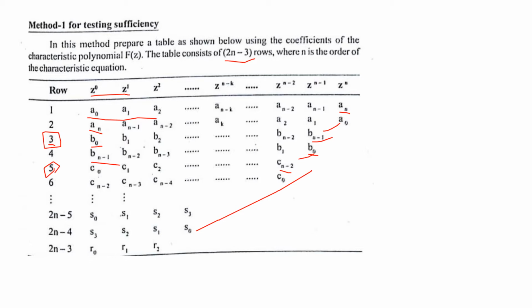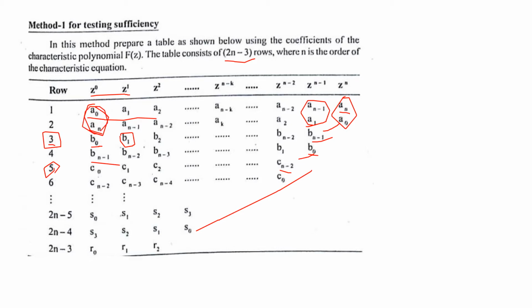Okay, so how to find out this B naught is, you have to find the determinant of A naught An and An A naught. Okay, so determinant of these two gives you B naught. Clear? So B naught is nothing but the determinant of A naught An and An A naught. Clear? Next, how do you find out B1? So B1 is nothing but the determinant of A naught An and the row before the last, An minus 1 A1. Okay, B2 is the determinant of A naught An. So this is kept constant. This A naught An is always constant for everything.